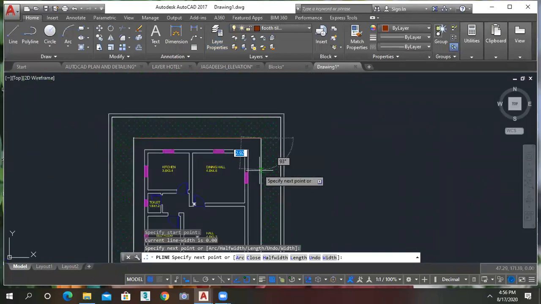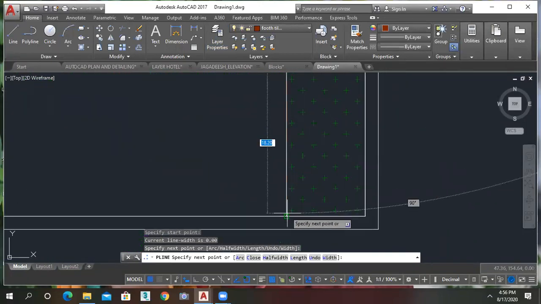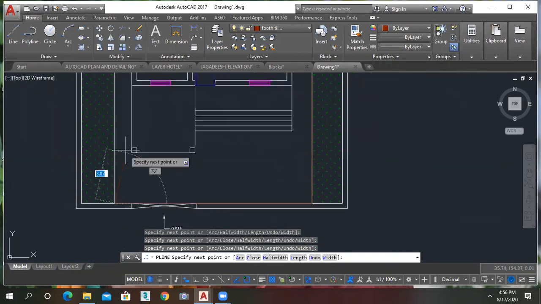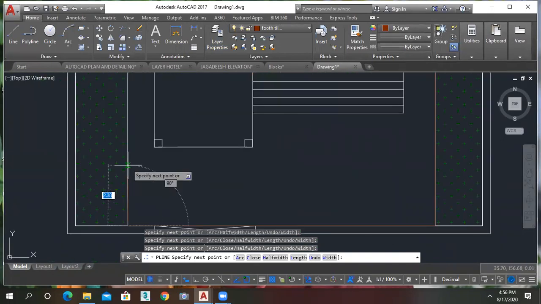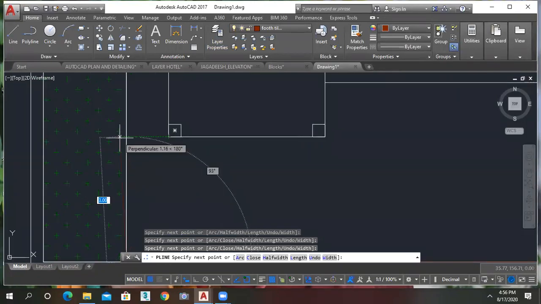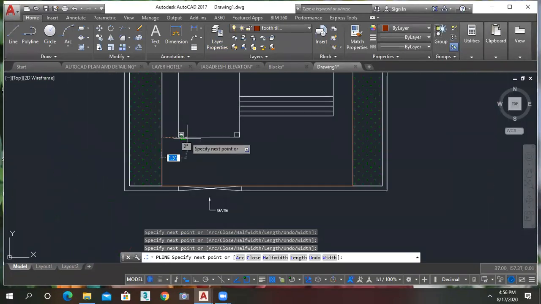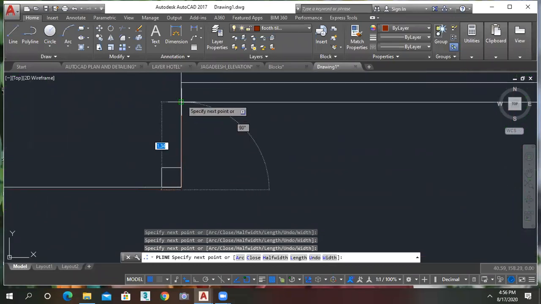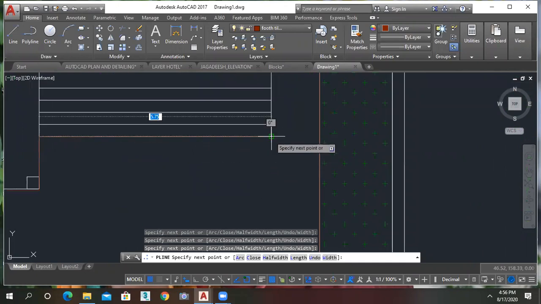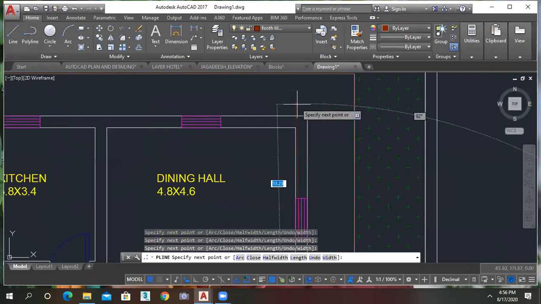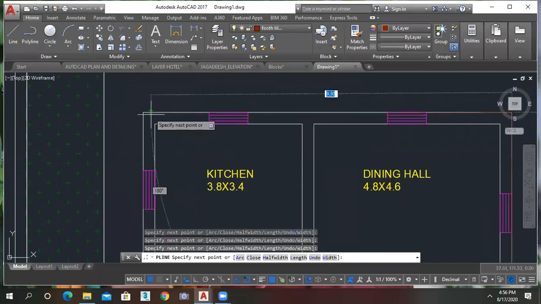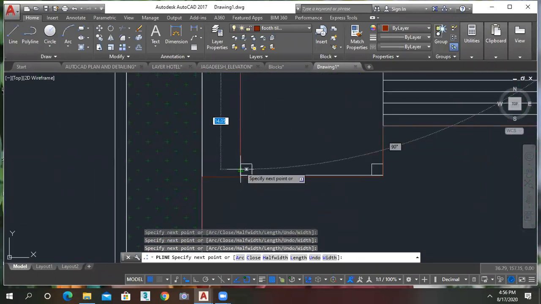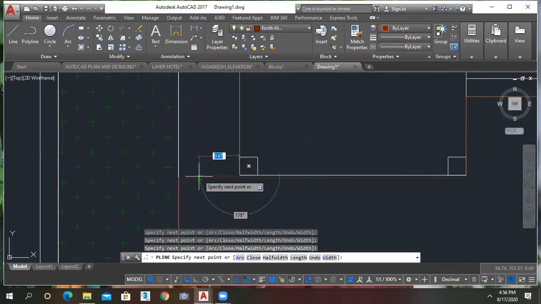We have to close the boundary like this. If we took a rectangle, then the hatch will come over the plan. So that's why I'm doing it like this.